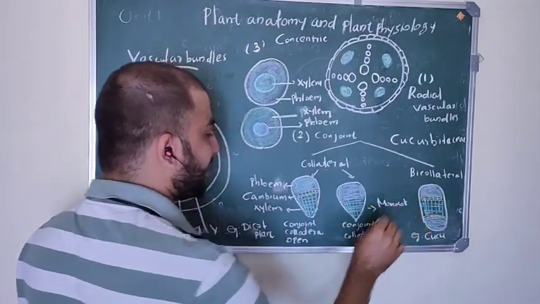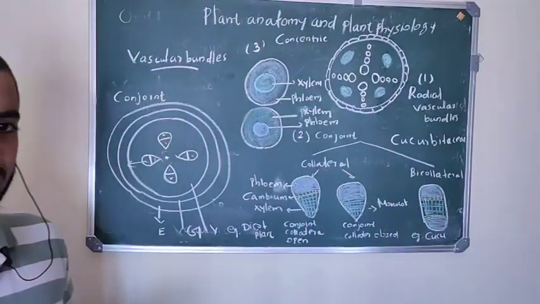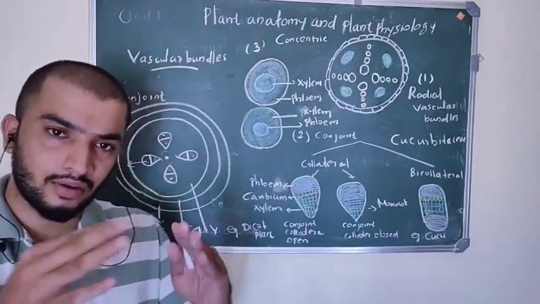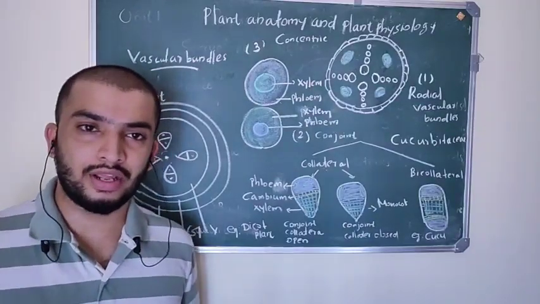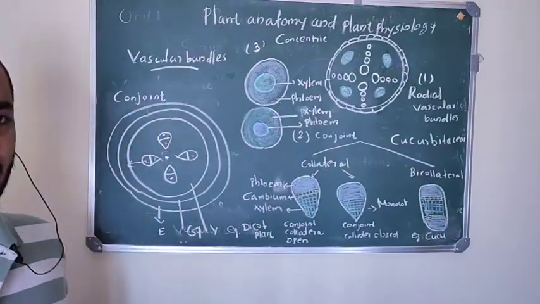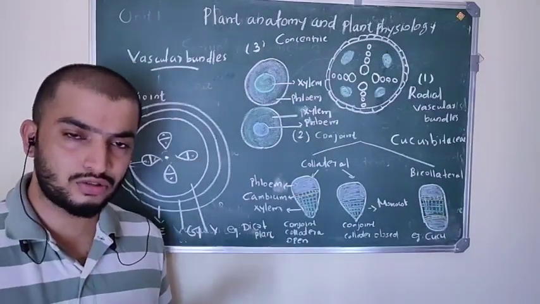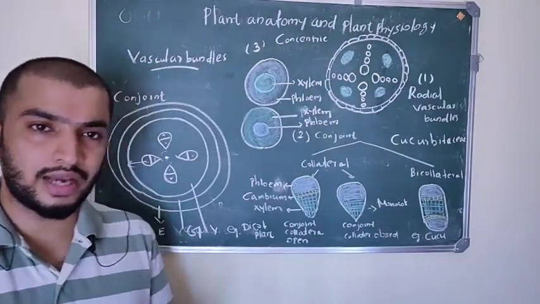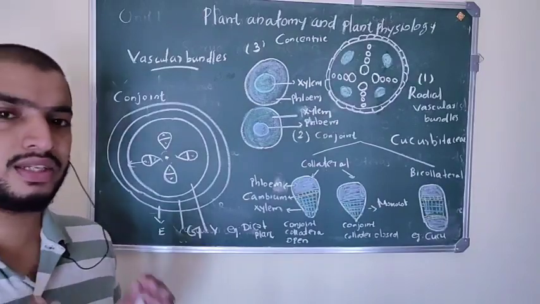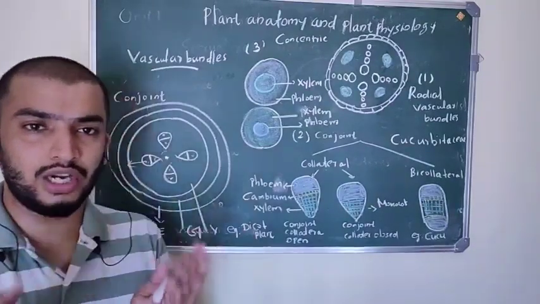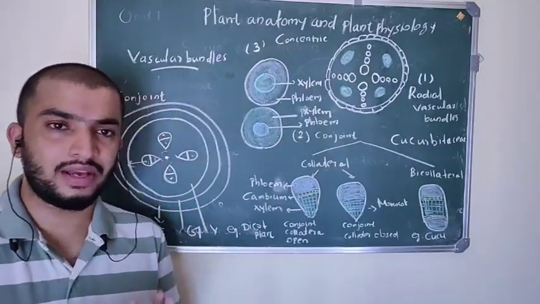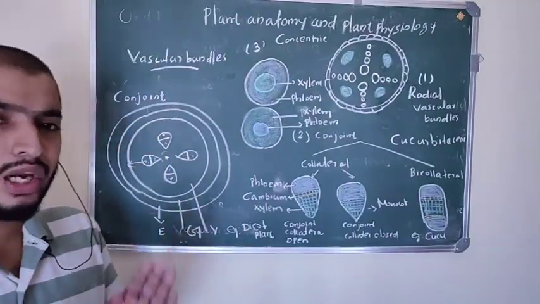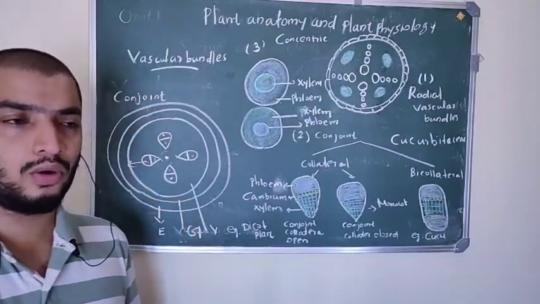Basically, plants are divided into two types. You might have studied in your lower classes, dicot plants and monocot plants. For example, a monocot plant is the coconut tree. A dicot plant example is the mango tree. What is the difference between these two plants, dicot and monocot? Dicot plants have seeds with two cotyledons, so they are called dicot plants. But in the case of monocot plants, their seed contains only one cotyledon, so they are called monocot plants.